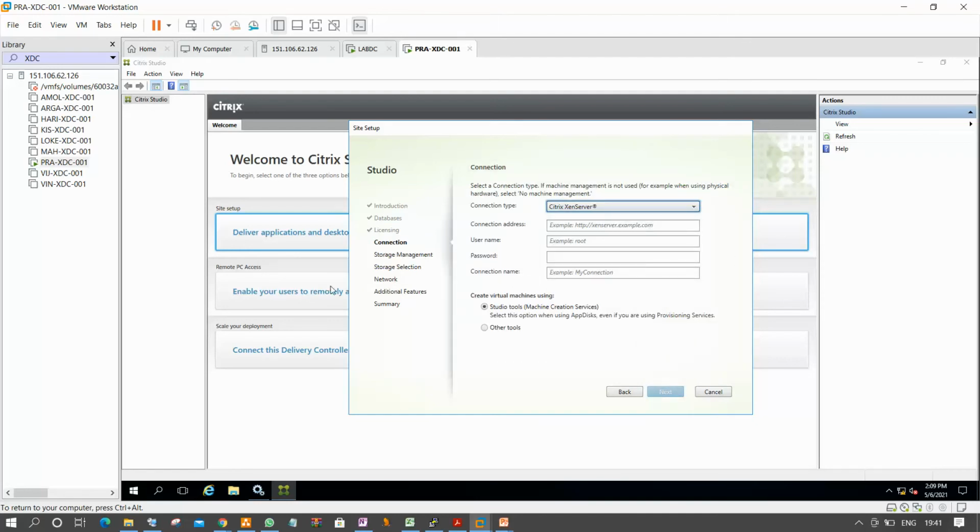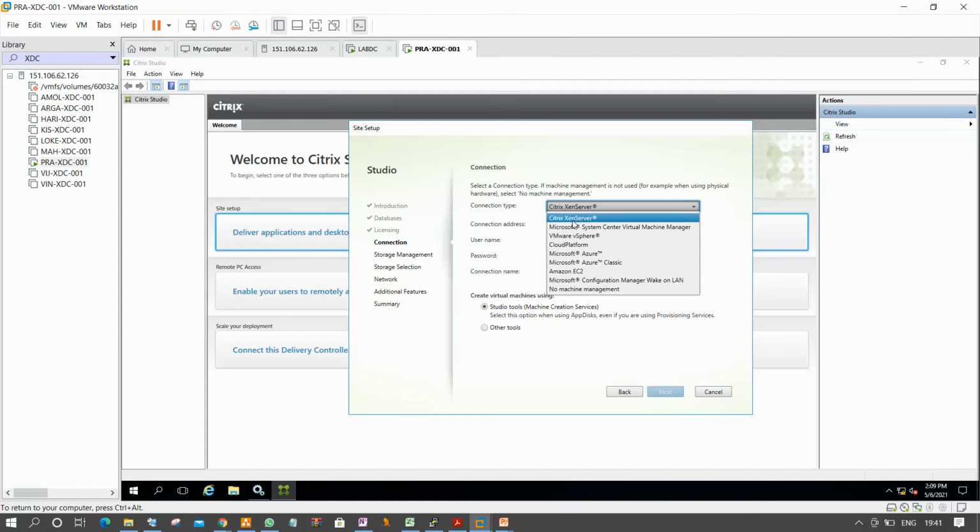Now, where we are doing your lab, where we are connecting your environment, and in which environment you are creating your resources, everything will be called a connection. We have different types of connections: Zen server hypervisor, Microsoft Hyper-V, VMware vSphere, cloud platforms like Citrix Cloud, Microsoft Azure Cloud, Amazon EC2, physical, Wake on LAN, and no machine management. These are the different types.